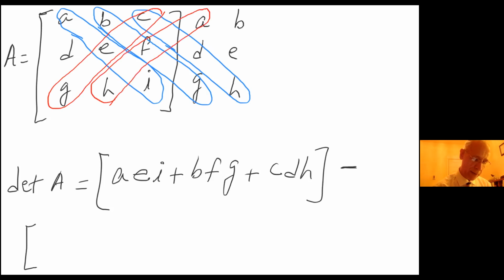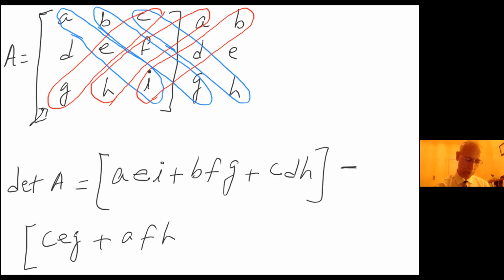And of course, I should have been more careful to arrange this alphabet a little bit better so you could see it easier. So minus now the product of this diagonal, which is going to be CEG plus AFH plus BDI. And I think that's going to be much faster than using the other way. So let's have an example. Suppose we have